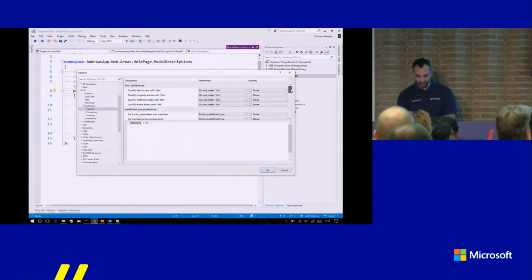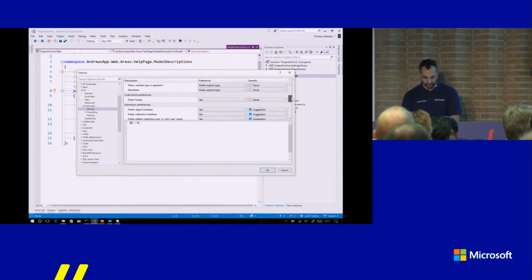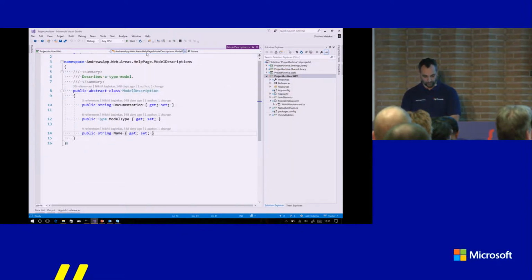And the nice thing about this is you can actually change the severity of things. So if we go down into my var example, which again tends to be a thorny subject in the teams, and say I prefer to use var, or let's say I prefer to use explicit because my solution has primarily var stuff, and then change it to error, and then OK that one, and do a build, Control-Shift-B. If I go down to my error list,